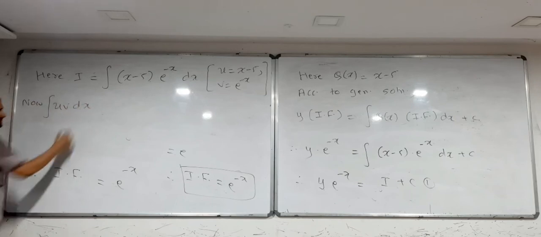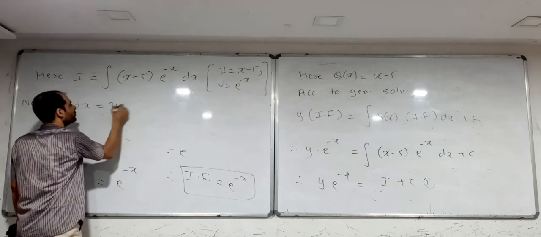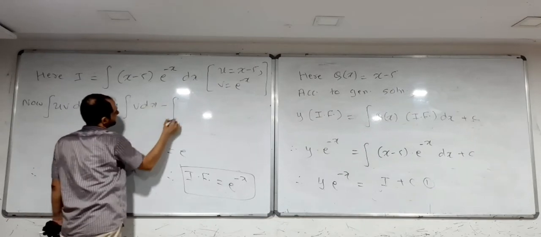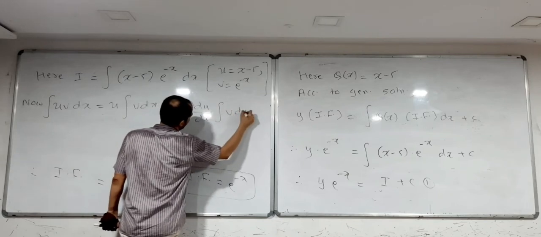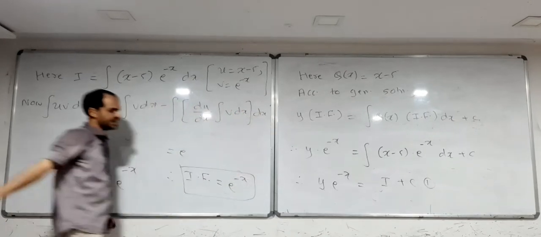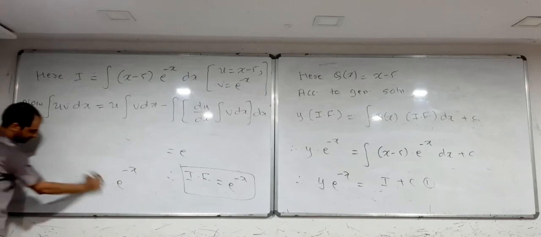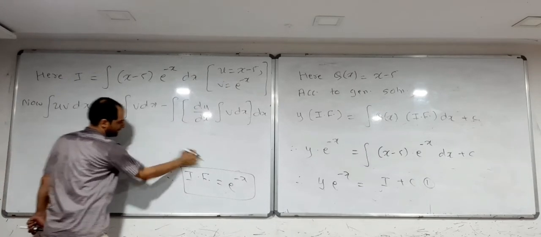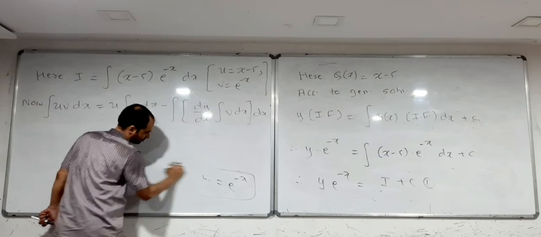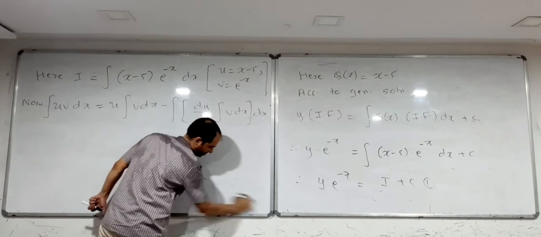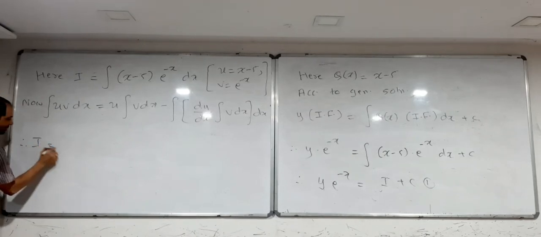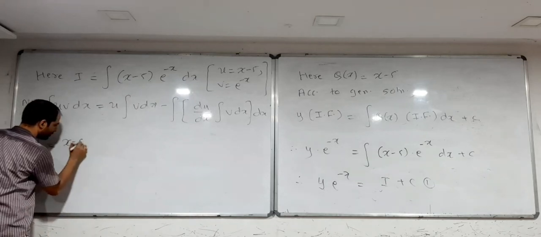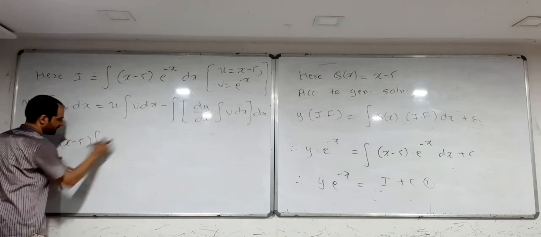uv dx, integration of uv dx is u into integration of v dx minus integration of du by dx into integration of v dx the whole dx. Okay, so this becomes now this becomes integration of, so I is integration of u कितना है x minus 5 into integration of e